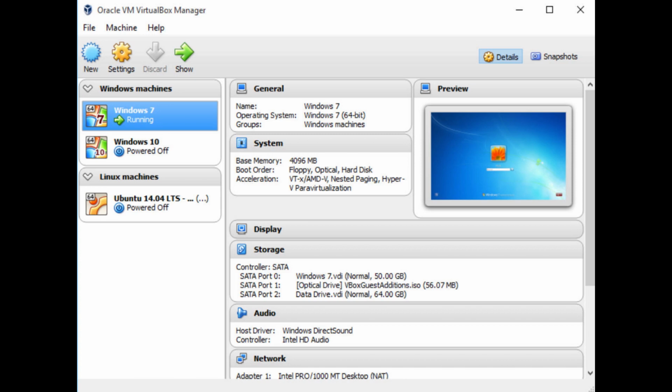VirtualBox can run the following operating systems: Windows, versions 1 through 11, Linux, all distributions, BSD, all variants, Android x86, Oracle Solaris, and many other operating systems. VirtualBox has lots of features and functionality, including but not limited to sharing folders between the guest and host system, or vice versa, sharing the clipboard of the host or guest system, to copy and paste something between the two,